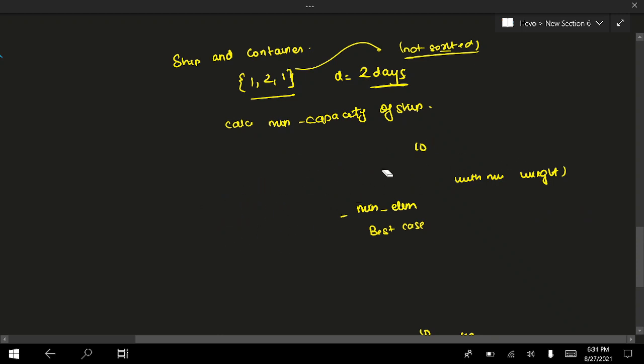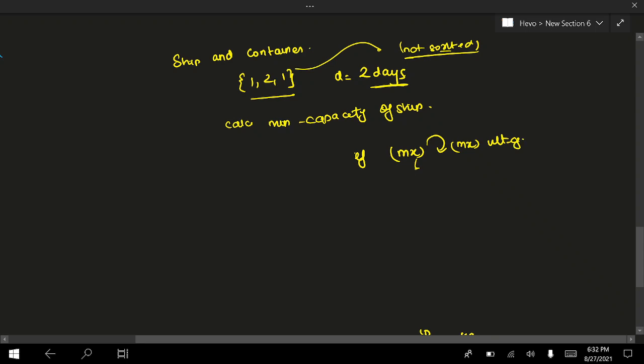So the first thing over here is that we have to decide the function to validate, right? We have to check if it is possible. Let us assume that we have calculated the capacity of the ship as mx. Now we have to check if it is actually possible to deliver these weights with that number or not. Right now we are not focusing on how to calculate the mx. It's just a validation function, and mx is a certain integer. It can be 1, 2, 3, 4, and we'll get to how we can actually generate mx.